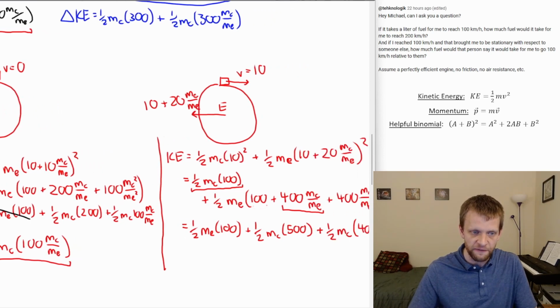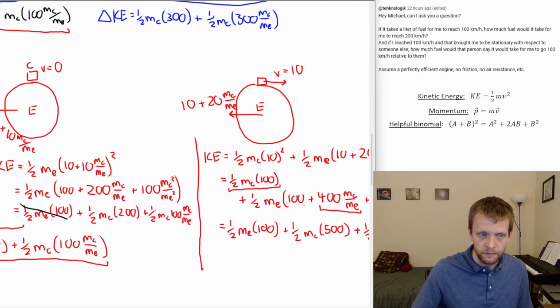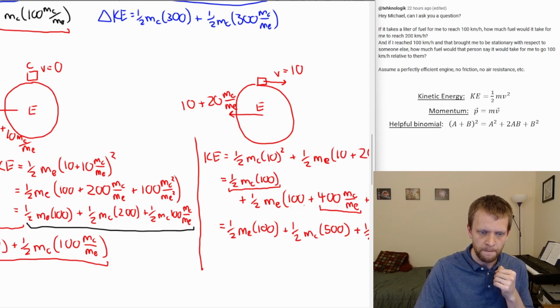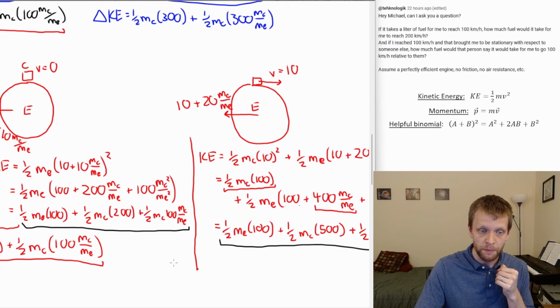We want to take the difference. Notice that this term, actually we do need that term, so give me 1 second, I'm going to correct this part a bit, just get rid of that line that's kind of crossed out. Okay, because we need that 1/2 mass of the Earth times 100. So we are taking the difference between this whole term and this whole term. I do apologize that I can't fit them both onto the same screen at once, but notice some of this is going to cancel out right away.